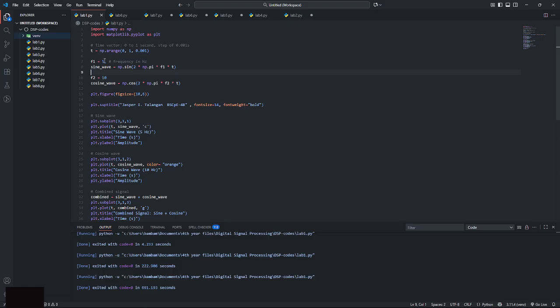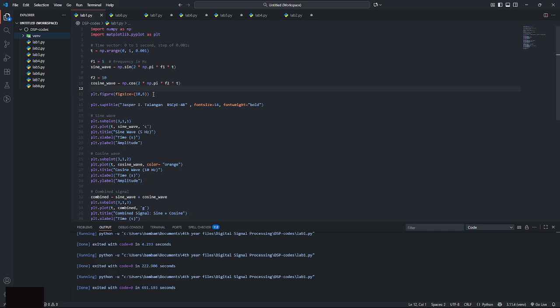This f1 means that the frequency of the sine wave is 5 hertz, and f2 equals 10 means that the cosine wave has a frequency of 10 hertz.